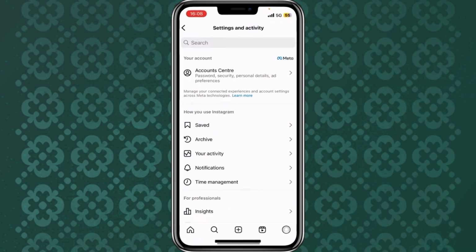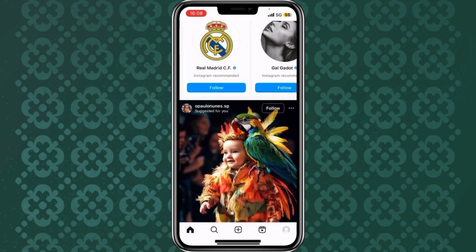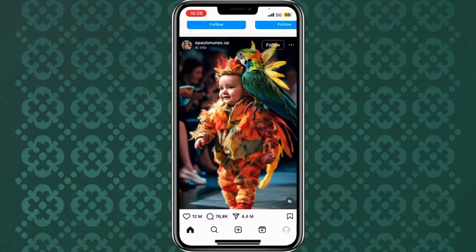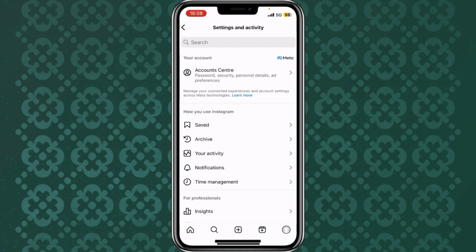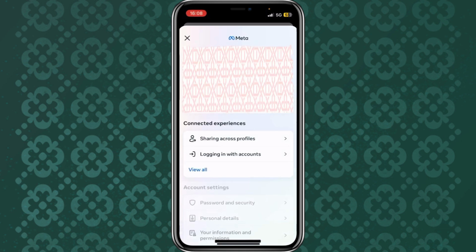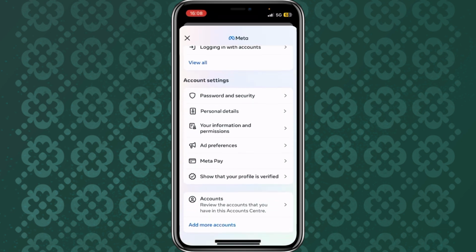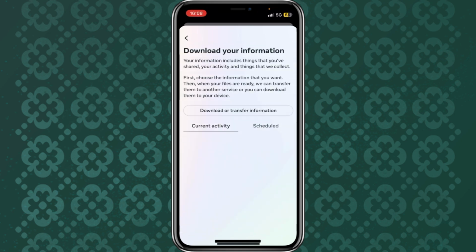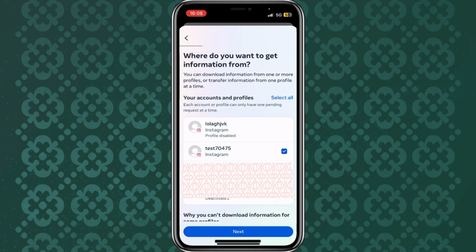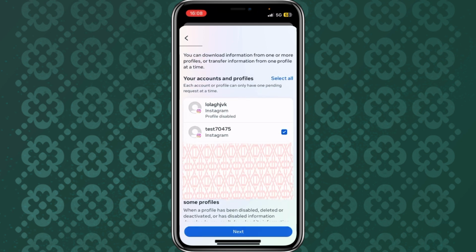So open up the Instagram app, then go to the profile on your right side, go to the three lines in the top right, go to account center, go down to your information and permission, download your information, download transfer information, choose your account you want the messages from, go to next,